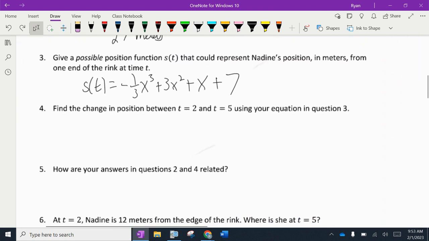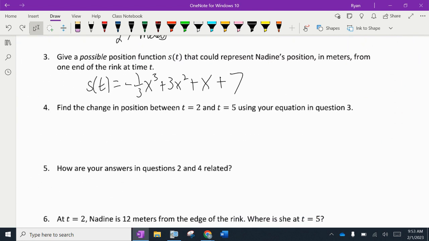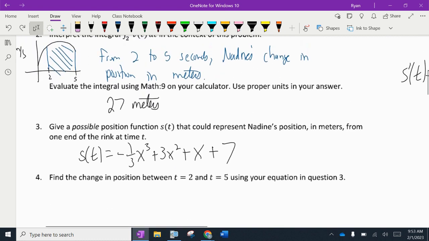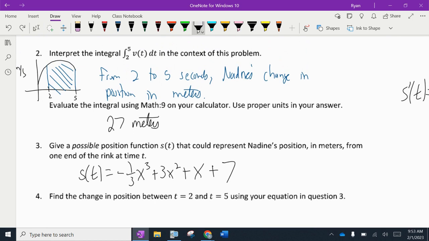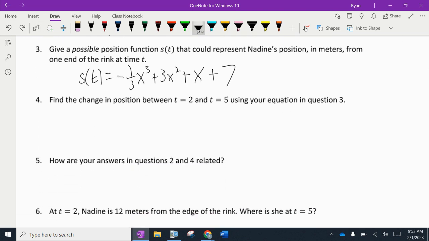Question 4 then says, using this equation, find the change in position between t equals 2 and t equals 5. We really already did that. We used our calculator. We said that this integral represented that change in position. Now we have a possible position function. The plus 7, again, I'm not really sure about. It could be that. It could be something else. We're going to find the change in position using this. In other words,